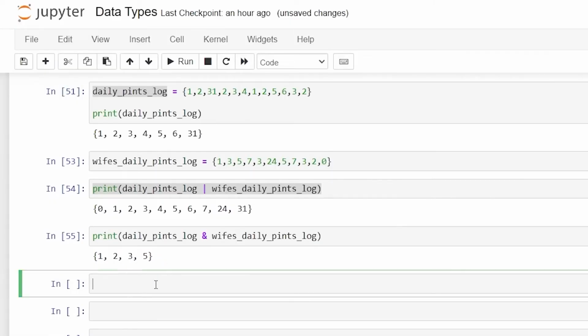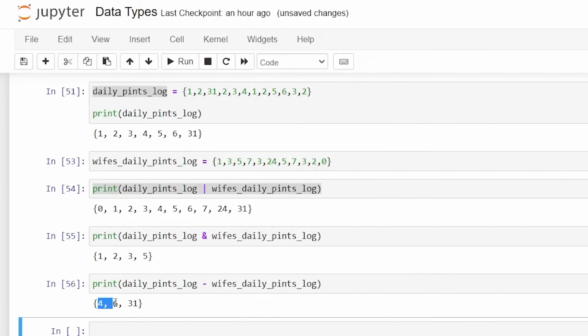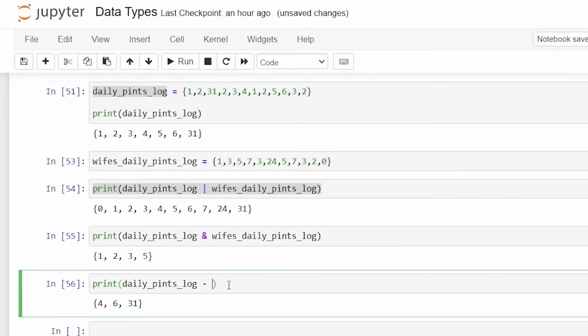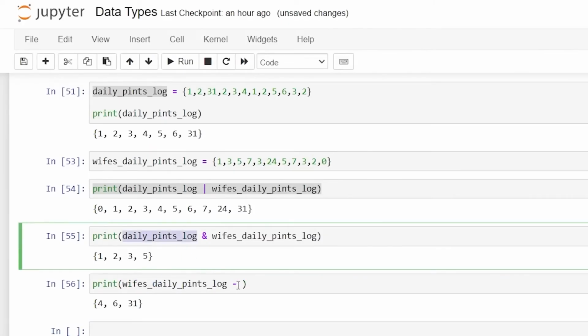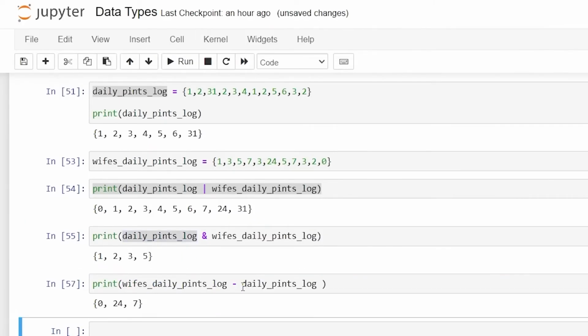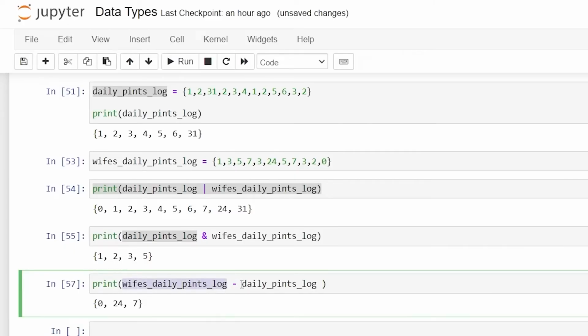We can also do the opposite of that by doing a minus sign. And this is going to show us what doesn't match. And so we have 4, 6, and 31. Now, where is our 24 that was in our wife's daily pints log? It's in this one, but we're subtracting the values on this one. So let's reverse this and we'll say daily pints log and let's run it. Now those are our other values. So we're taking the values of this and then we're subtracting all the ones that are the same and getting